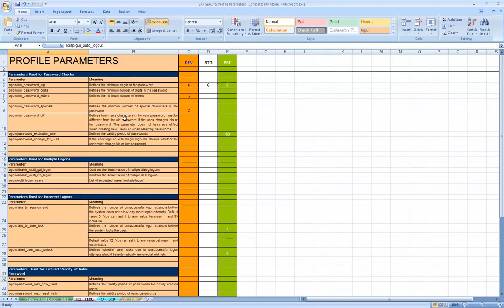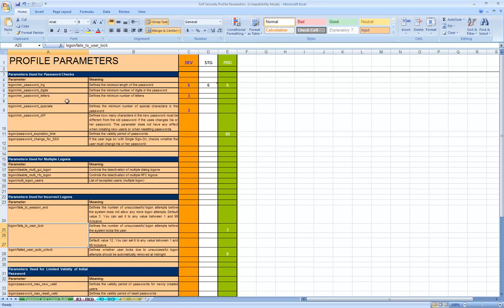Let's set the minimum password length parameter, the minimum digits parameter, the fails to session end parameter and the fails to user lock parameter, and see how they are effective in real time.